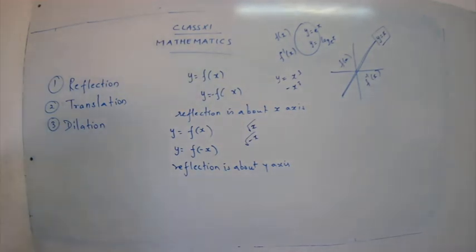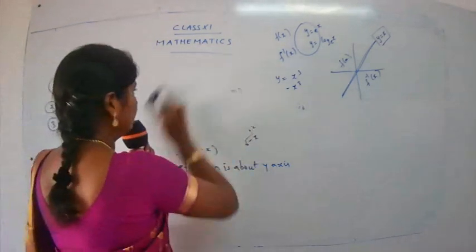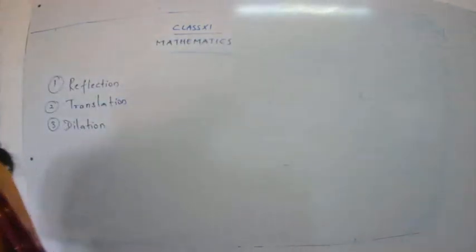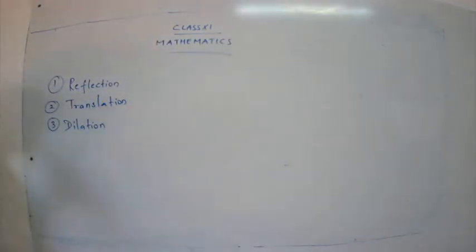See the definition. Come to page 40. So let's see about translation from page 40. A translation of a graph is a vertical or horizontal shift of the graph that produces a congruent graph. So you get a congruent graph. Congruent means same, similar. So how will be the shift? The shift will be a vertical or a horizontal shift.